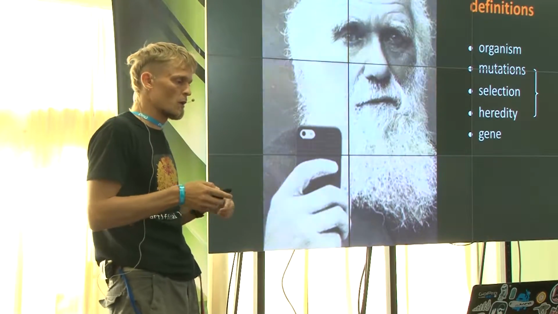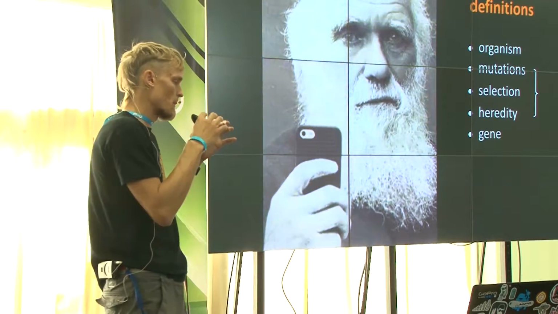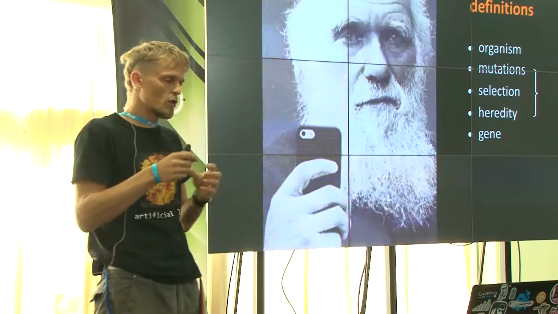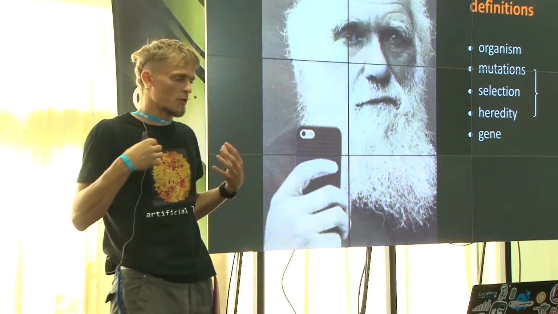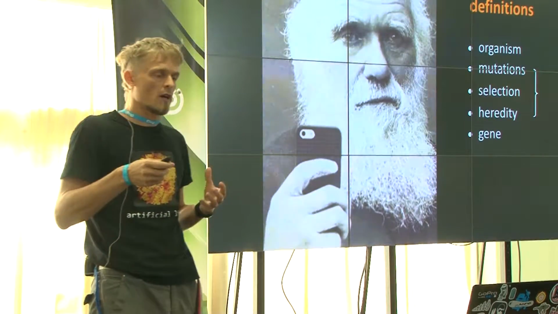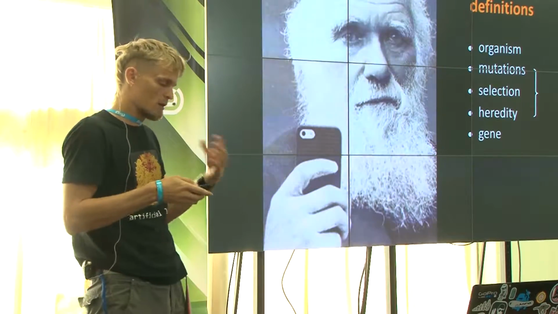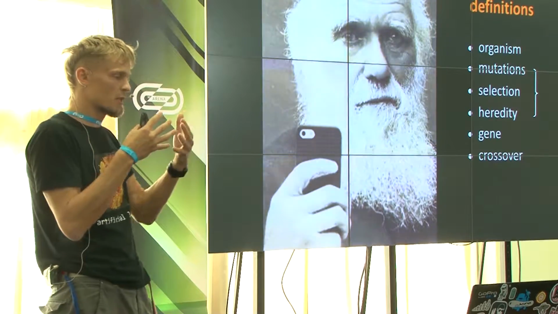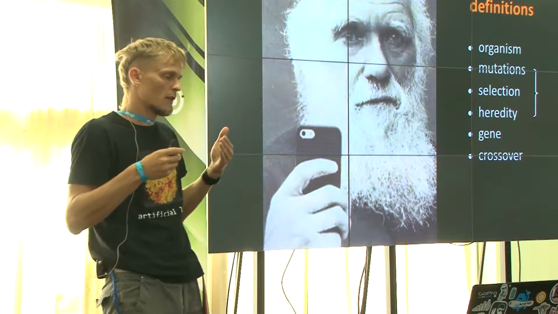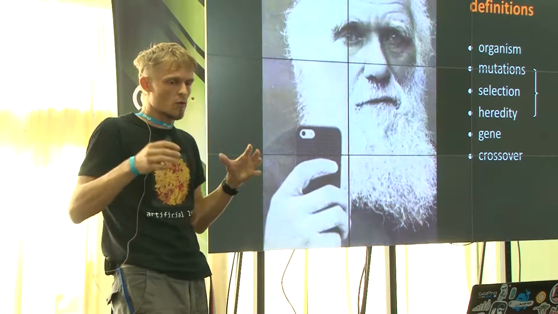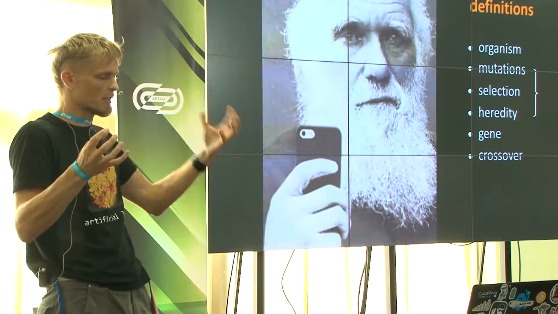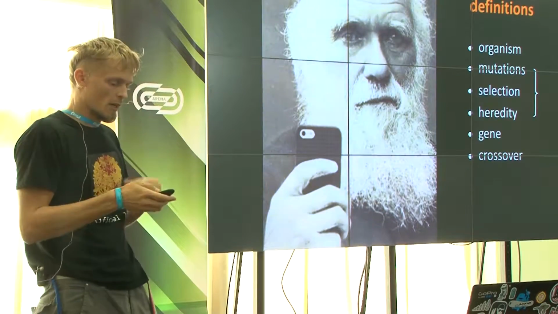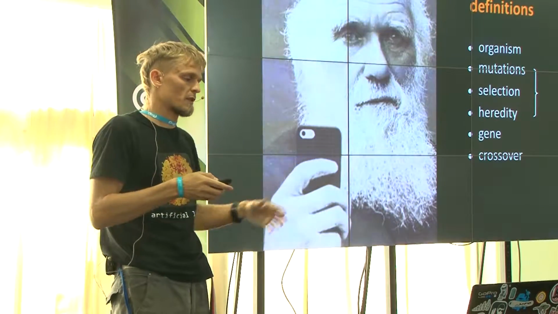I will show you the video. The gene is like a basic structure in DNA, and if you change the gene, you will change some properties. For example, the color of eyes, the shape of your body, and so on. Crossover is just mixing the DNA material. In the case of computer programs, you take one program, you take a second program, mix them somehow, and create another program. This is like a child program, something like that.